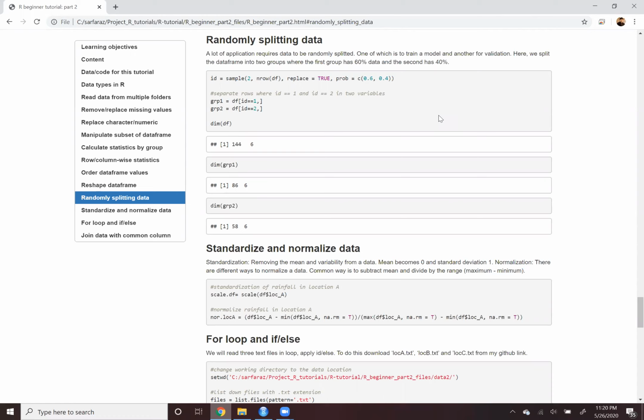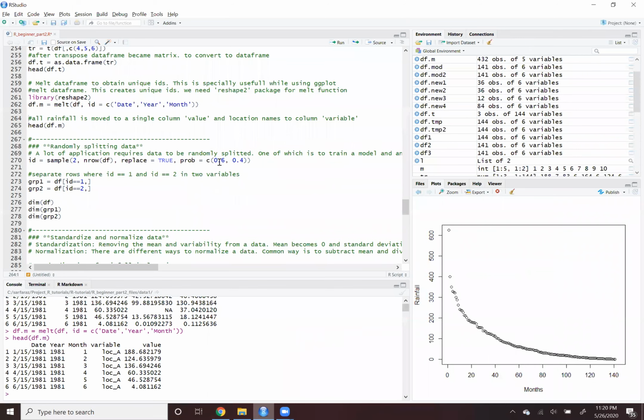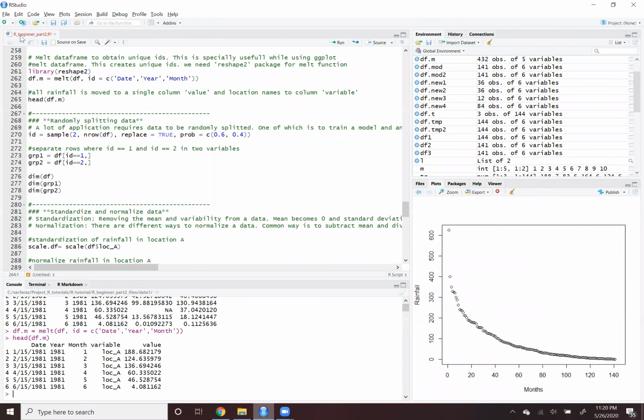In this video I will show you how to randomly split data in a data frame, and then I will show how you can actually standardize and normalize data. To show the example, let us go back to the code I have been following throughout this tutorial series. And if you see the code, which is basically